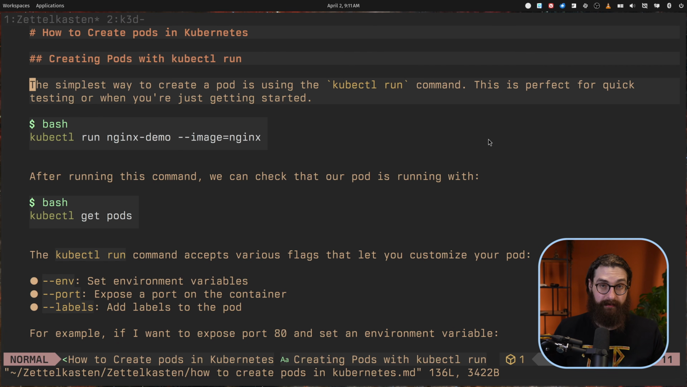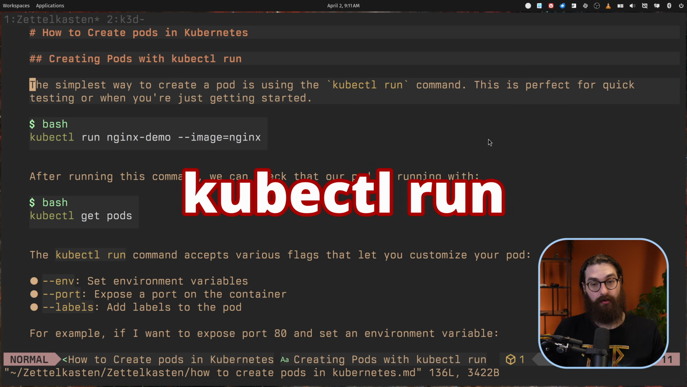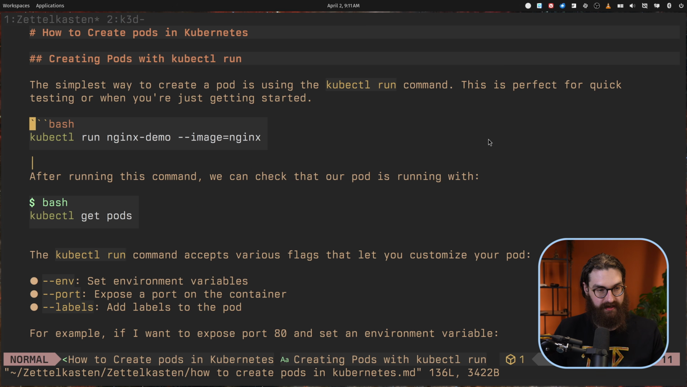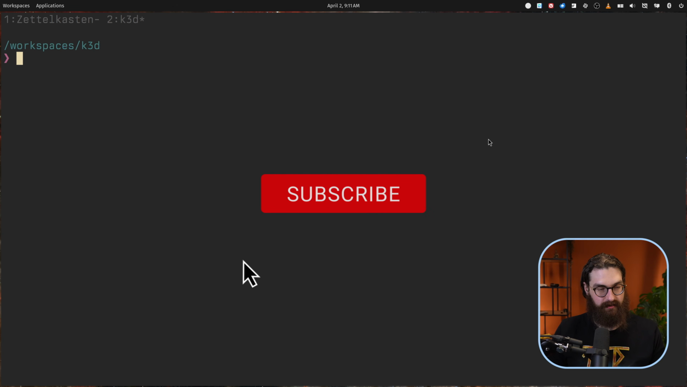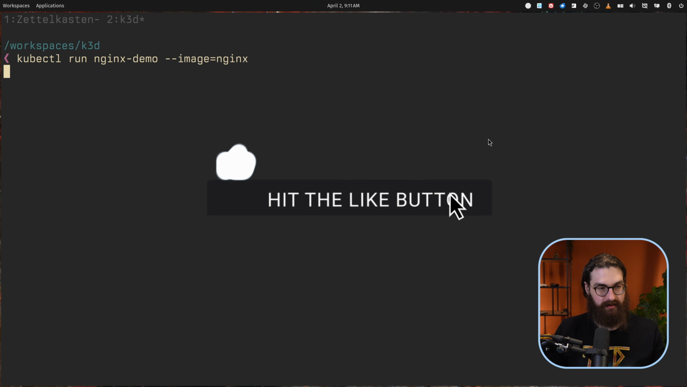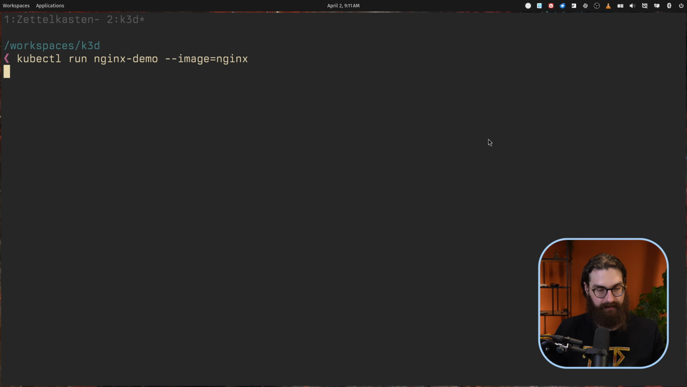Let's start with the quickest way to get a pod running. So the simplest way to create pods is using the kubectl run command. This is perfect for quick testing or when you're just getting started. So what we're going to do is run a quick nginx pod called nginx demo. When I run this command, kubectl run nginx demo --image nginx, we now see that a pod called nginx